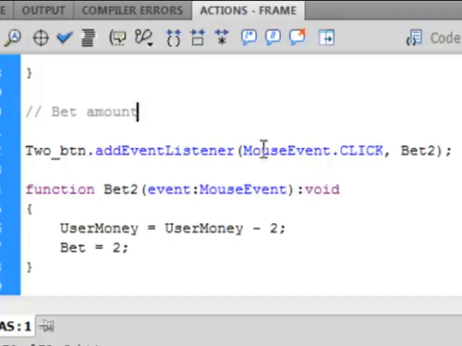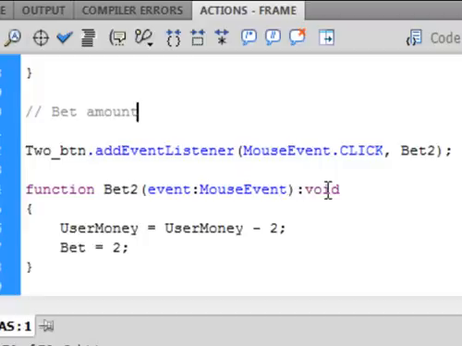Open bracket, MouseEvent, capital M, capital E turns blue, period, CLICK in all capitals, comma, bet2. This is what I'm calling the function. Capital B, close bracket, semicolon. function bet2(event: MouseEvent